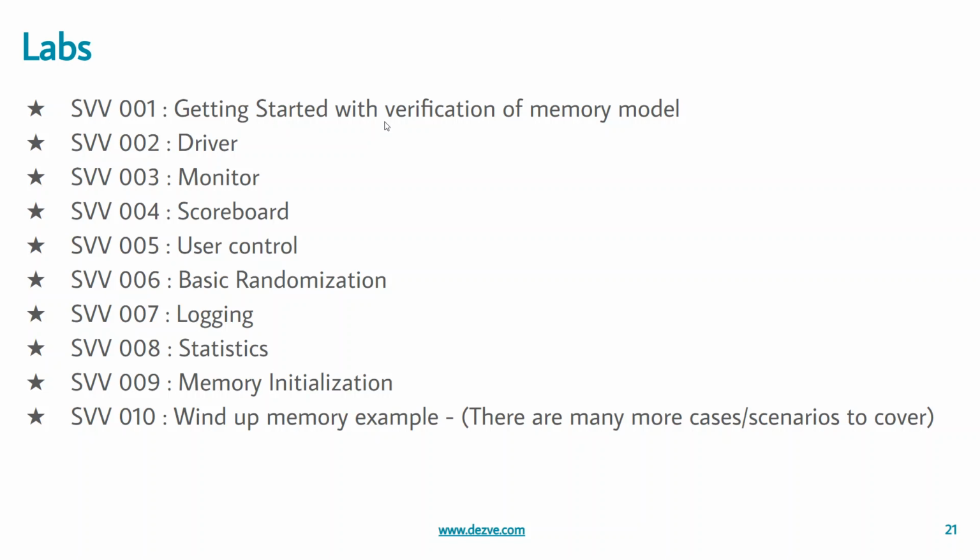Then we'll see some demerits, and then we'll try to update or refine the test bench to include a driver, subsequently a monitor, and a scoreboard. The test bench might need to have control, like how many reads and writes we want to perform, so we might want to include some user control. We might want to include some kind of randomization, like the address we write and the data we write to that address. Can it be randomized? The operation we select, can it also be randomized? So that control will be provided.